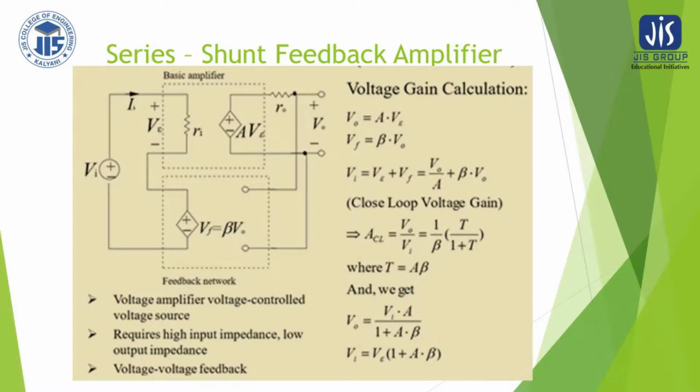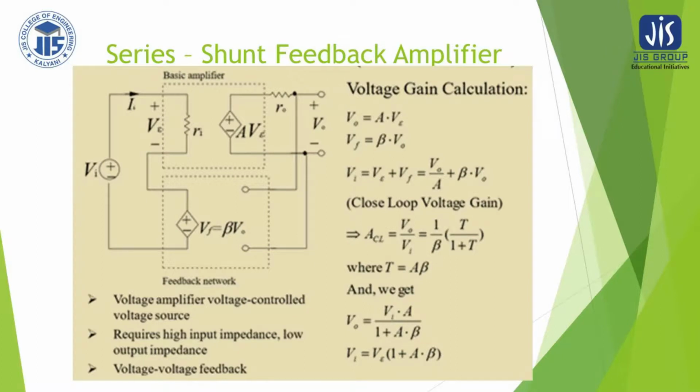Output impedance Z out is given by V0 divided by I0. That is, this is the V0 and divided by I0 we have to take, and here we have to modify, that is we have to short circuit. Okay, so remember, for Z out calculation, Vs should be grounded. Okay, and then you have to calculate V0 by I0, where V0 we are considering replacing this load resistance by the independent voltage source V0.